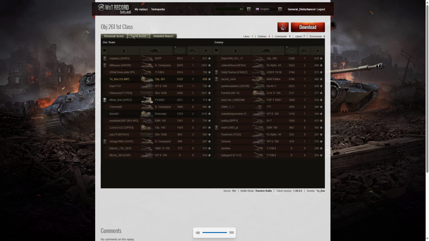Let's have a look at team score. Didn't get the highest damage in the game. That went to the Object 260 on the enemy team with 5,388. Second highest damage went to the 60 TP, who got 4,513. And the third highest damage went to the Super Conqueror on our team with 3,879. We can see that Yarbas got